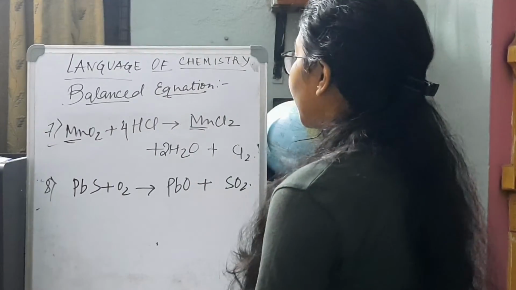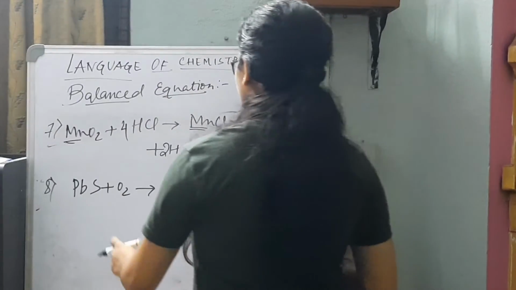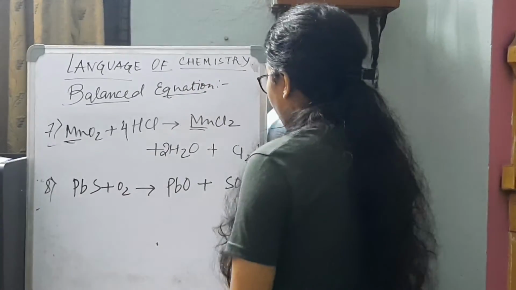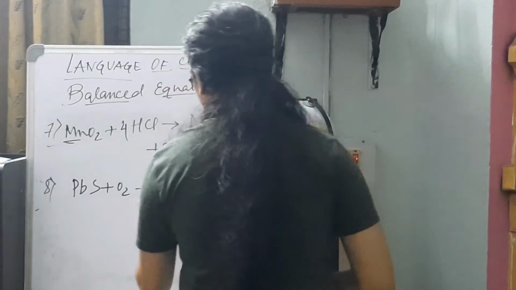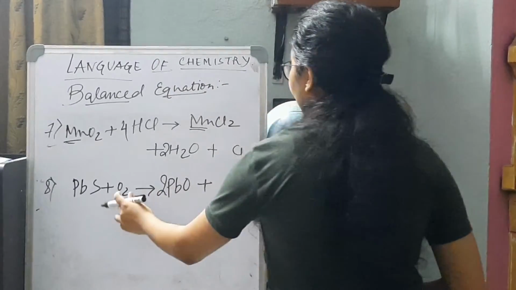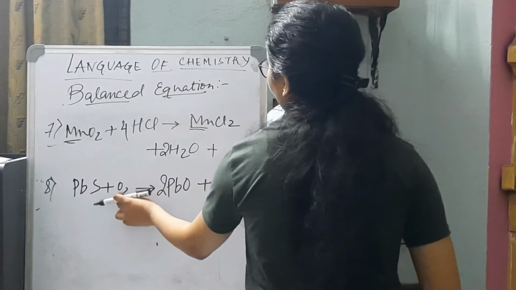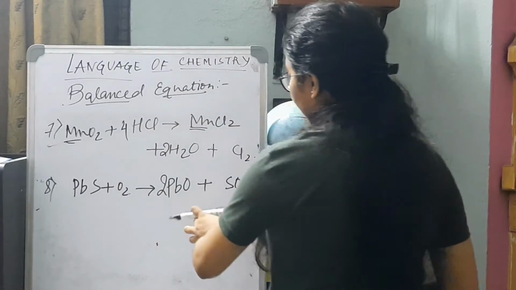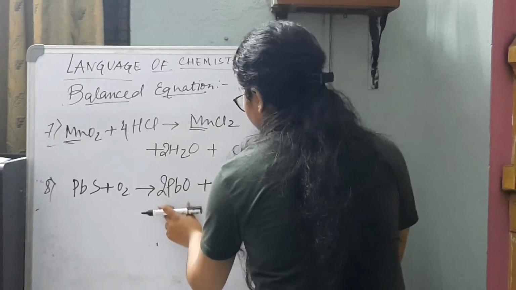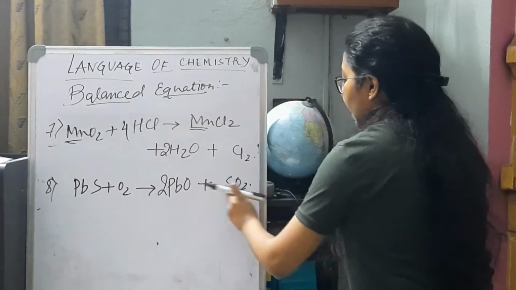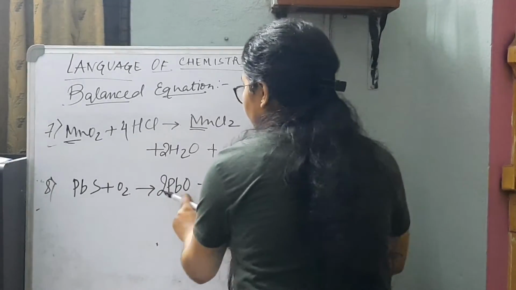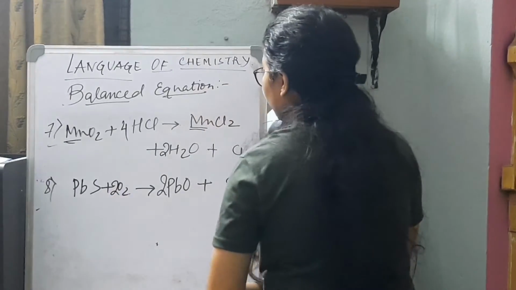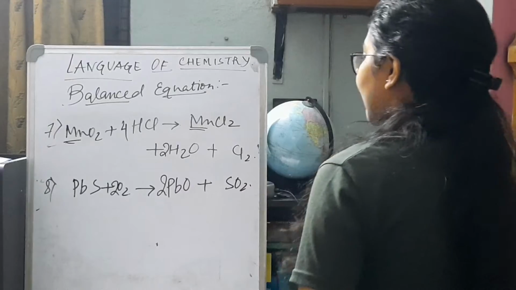So it is done. And for the next one, if we start, we see that Pb and S both are balanced. Oxygen is not balanced, multiplying this by 2. Never turn the even part odd unless and until necessary. First try for turning the odd part even. So the moment you do this, you can easily figure out that oxygen is here 4 in number. So this should be multiplied by 2, and this is how it is done.